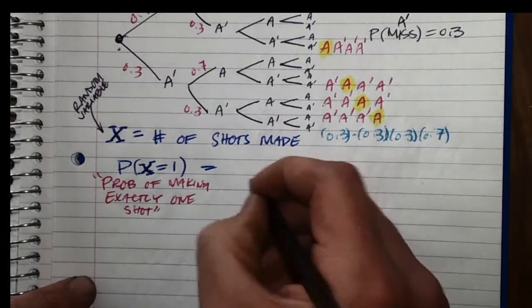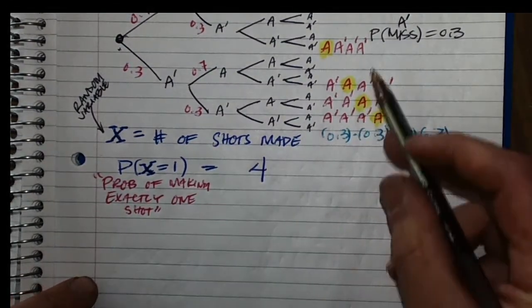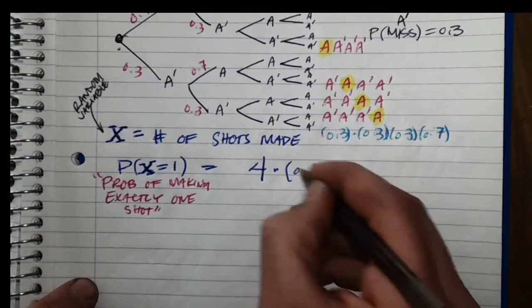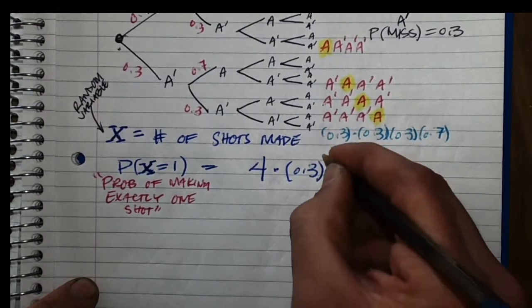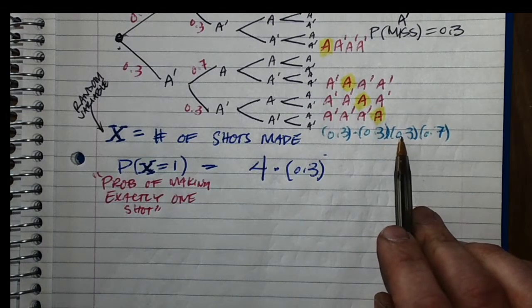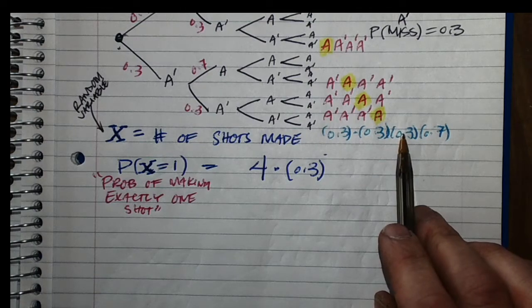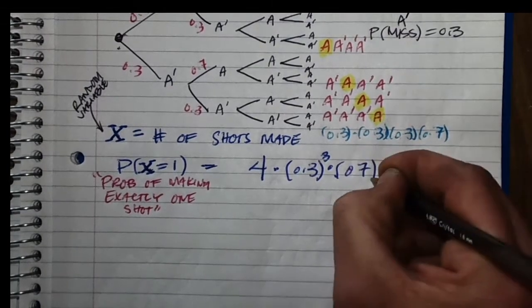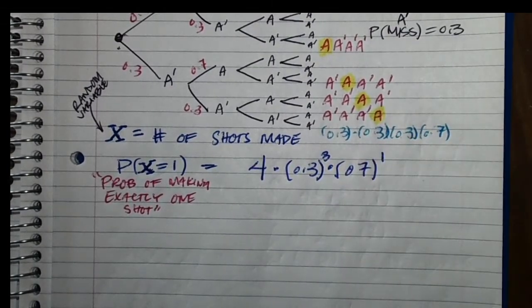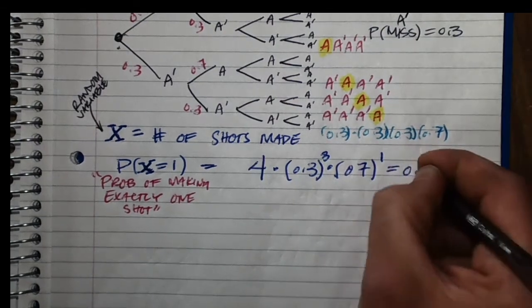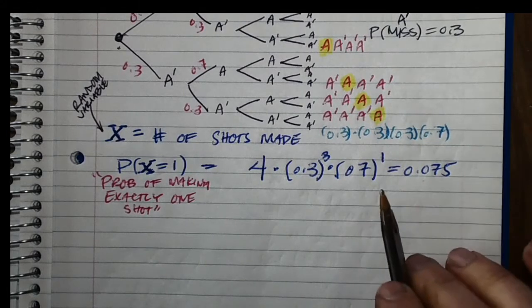And there's a total of 4 branches that all have the same probability. So each one of these branches is equally likely, and the probability of any one branch is 0.3 times 0.3 times 0.3. What's kind of a quick way to write that? Yeah, to the third power. You can put a 3 up there. And then times 0.7 to the first. And I'm going to put the 1 there because you're meant to see how the formula comes to be. Okay, which if we crunch that number here, it's 0.075. Don't care so much about the number, but